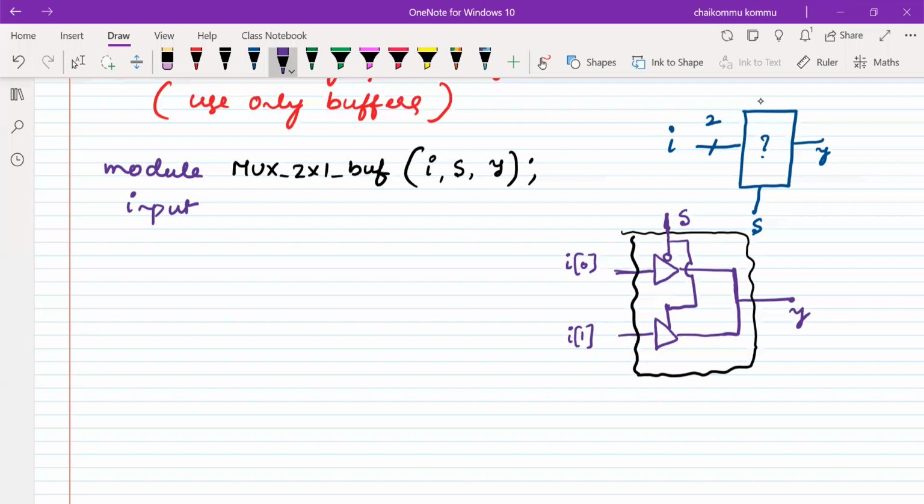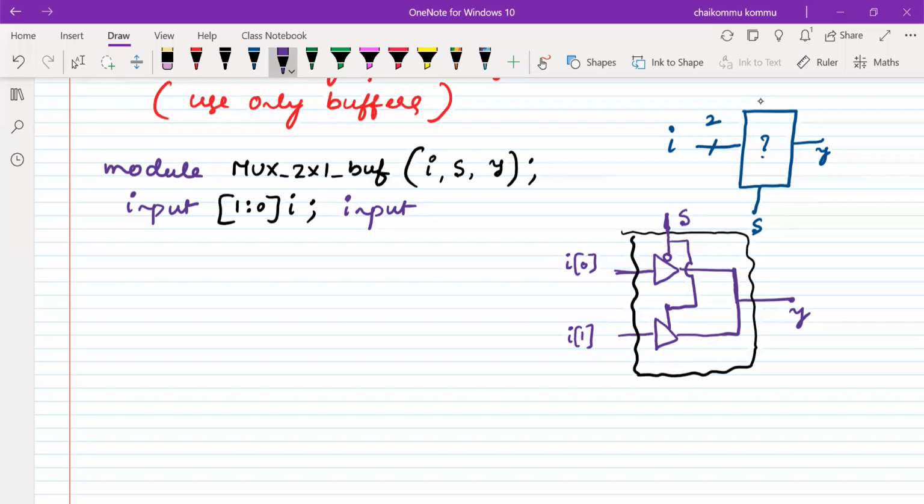Inputs are [1:0] I. Once the statement is completed, after the semicolon, it is possible to write another statement here also. Another input we have is called